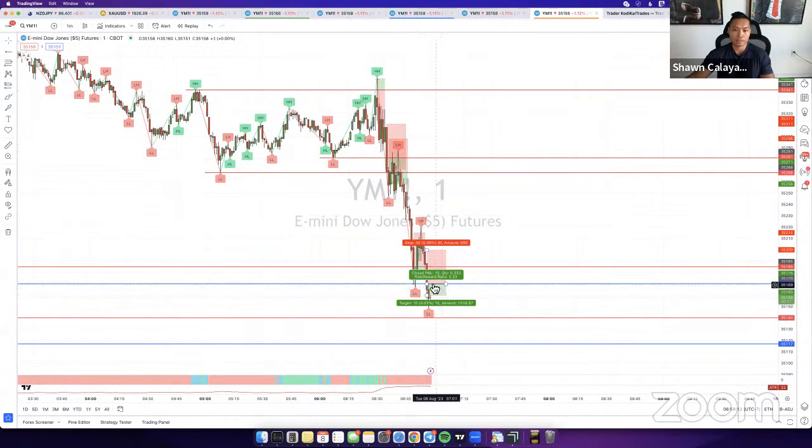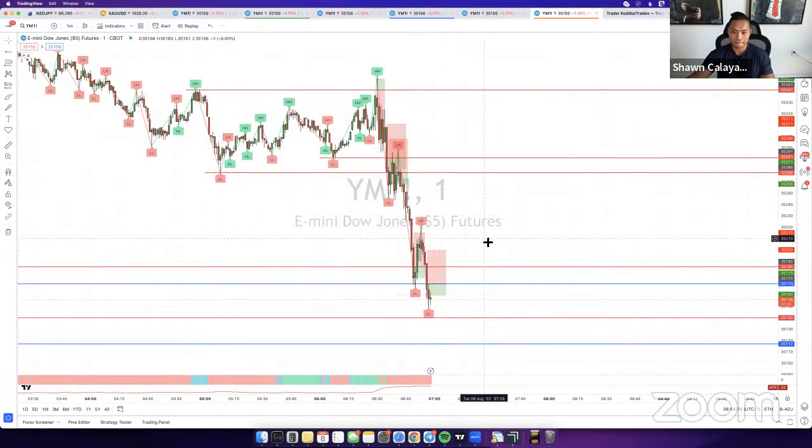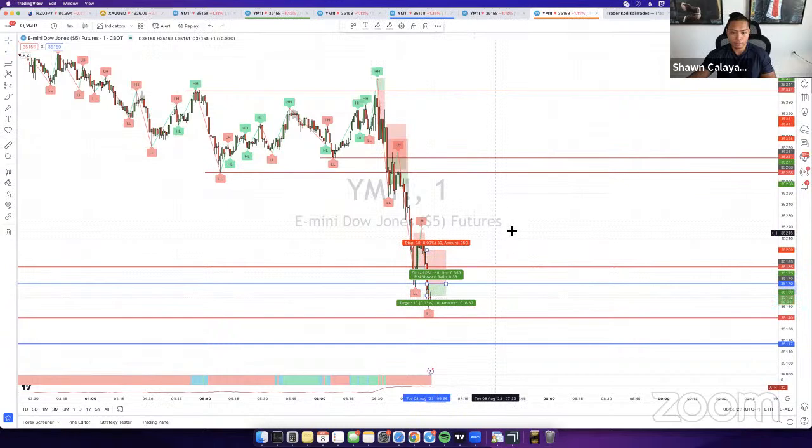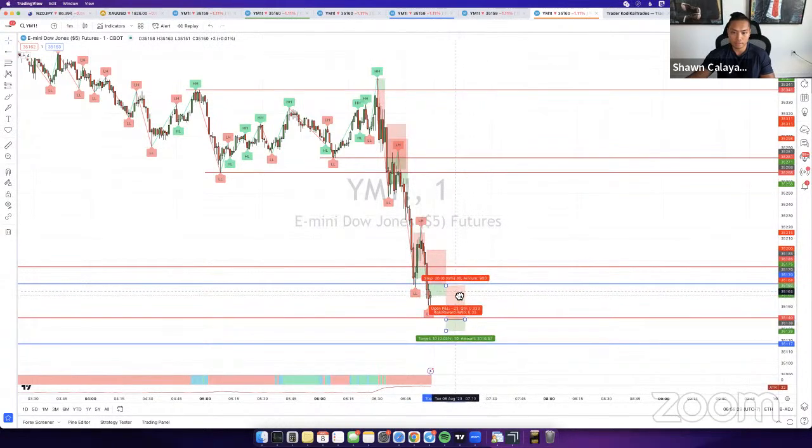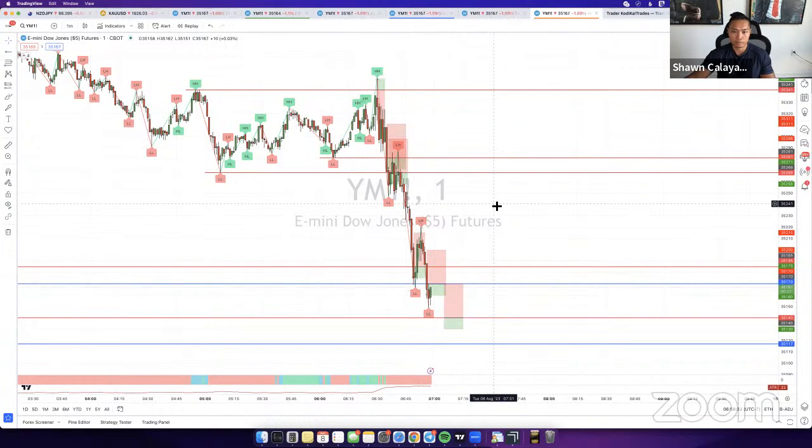This one right here, as I mentioned, I said if it comes down for the second touch, you guys can take it, which I should have taken, but I didn't really look at it. I totally missed it. It just crossed my mind that this one here is going to get hit. Now, what you want to look for again here is for price to retrace a little bit, consolidate, and then when it gets to this next level, it's probably going to blast right through it again.